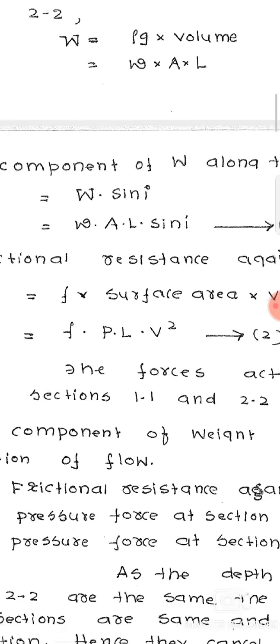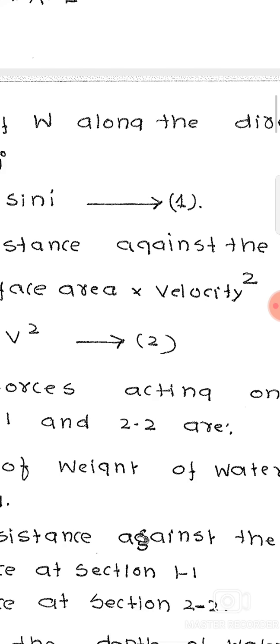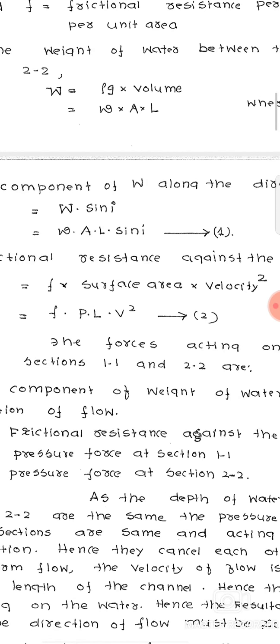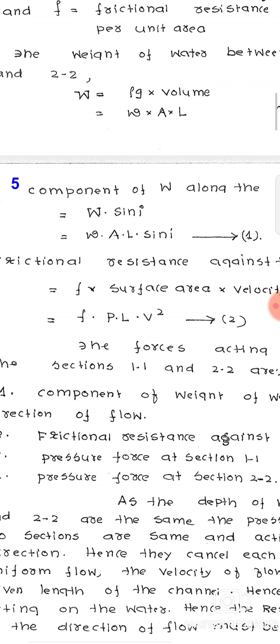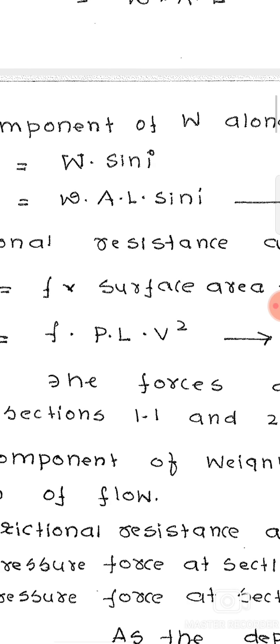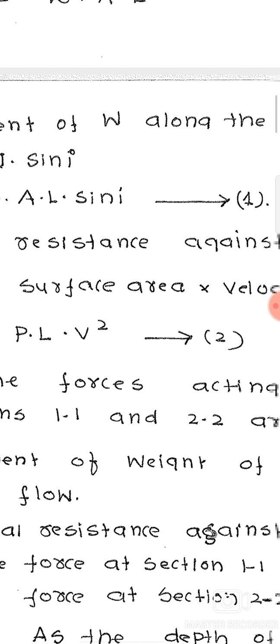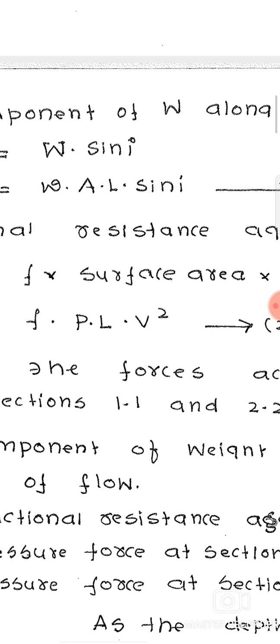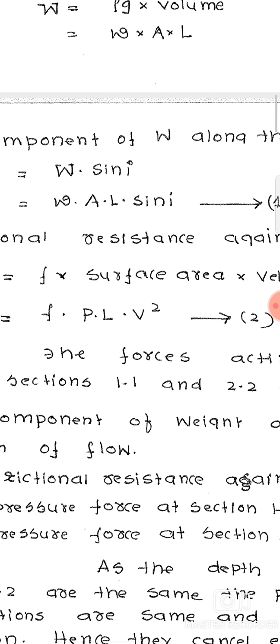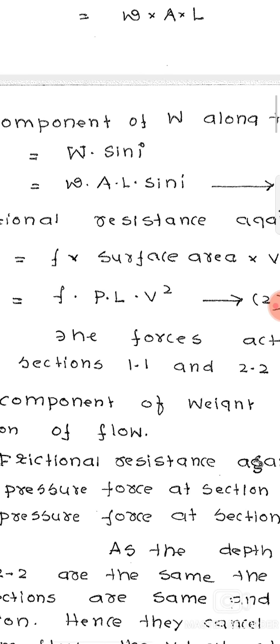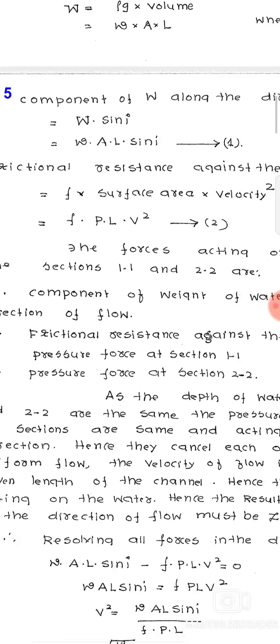There will be some frictional resistance. When there is movement of the fluid, or the water, the frictional resistance will be calculated by F into surface area into velocity to the power of n. F is the frictional resistance against the surface area, which is perimeter into length. We should know where the water touches the surface. With respect to the length, the surface area will be calculated by perimeter into length. Then velocity is squared. Why is it squared? Because it is velocity to the power of n, based on the number of sections. Now there are two sections, that's why it is V squared.